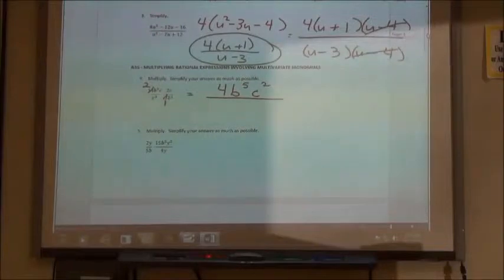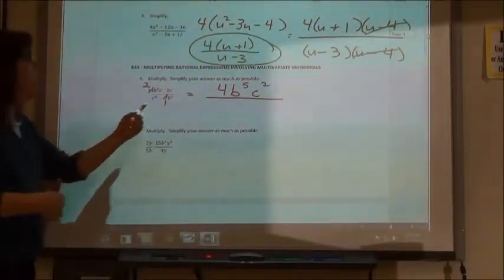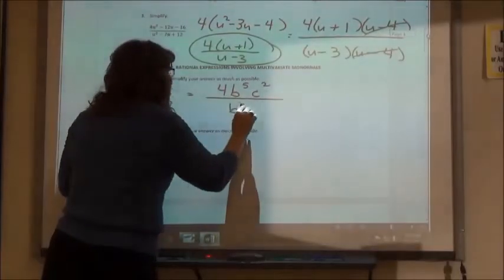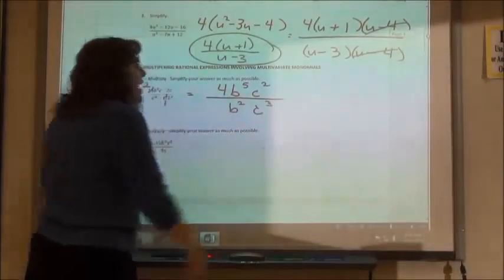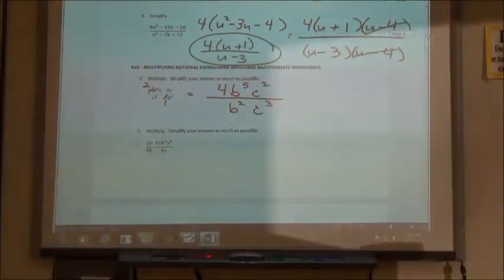On the bottom, I don't really need the 1. I'm going to switch the order around because I like them alphabetically. So I'm going to write the b squared first and the c to the 3rd on the end, just so everything lines up nice. Not that you have to do that, but